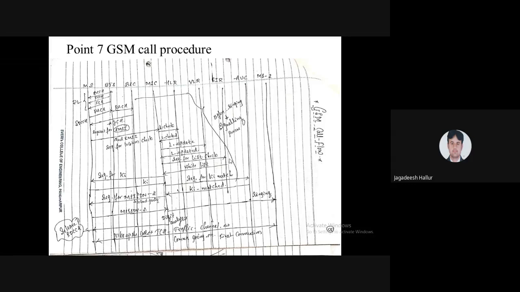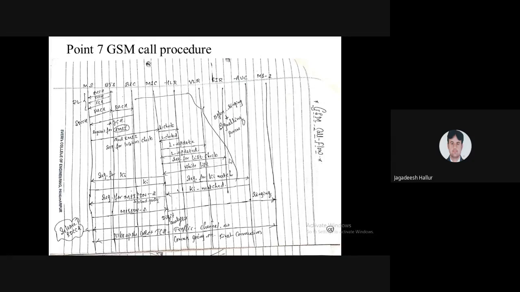Once he picks the call, one more channel is used, that is the traffic channel. Once you and your friend start communicating, that channel is called the traffic channel.